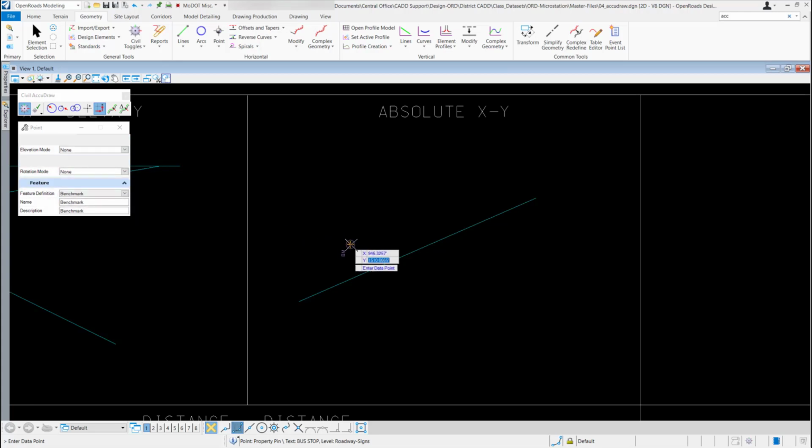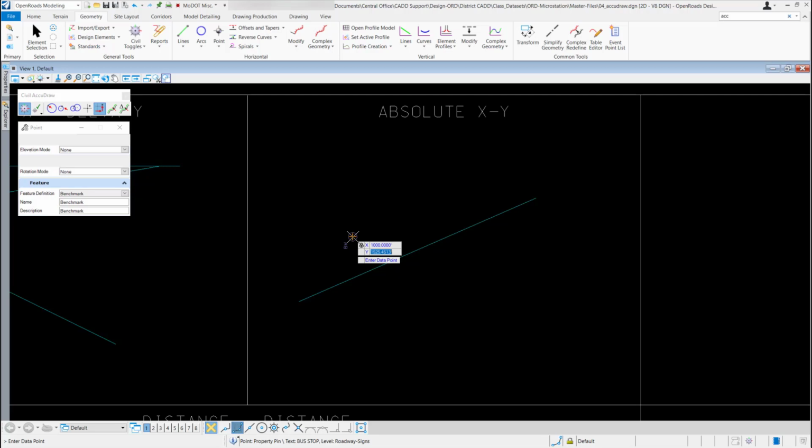So now when I come out to my drawing, you can see I have that benchmark feature on my cursor. So now all I will have to do is enter an X and Y value to place this. So I'm going to tab up to my X field, and I'm just going to use 1,000 feet. So I'll type in 1,000 and hit enter to lock that one in.